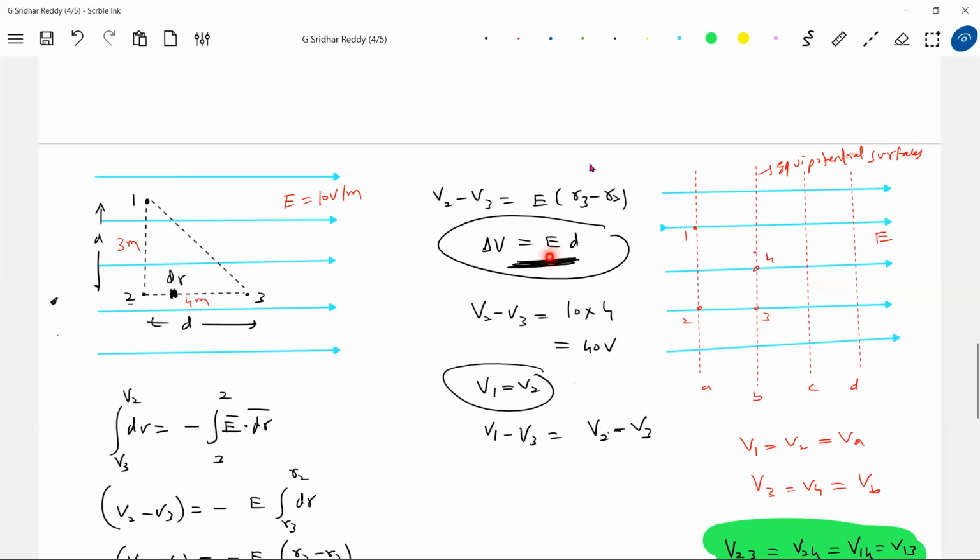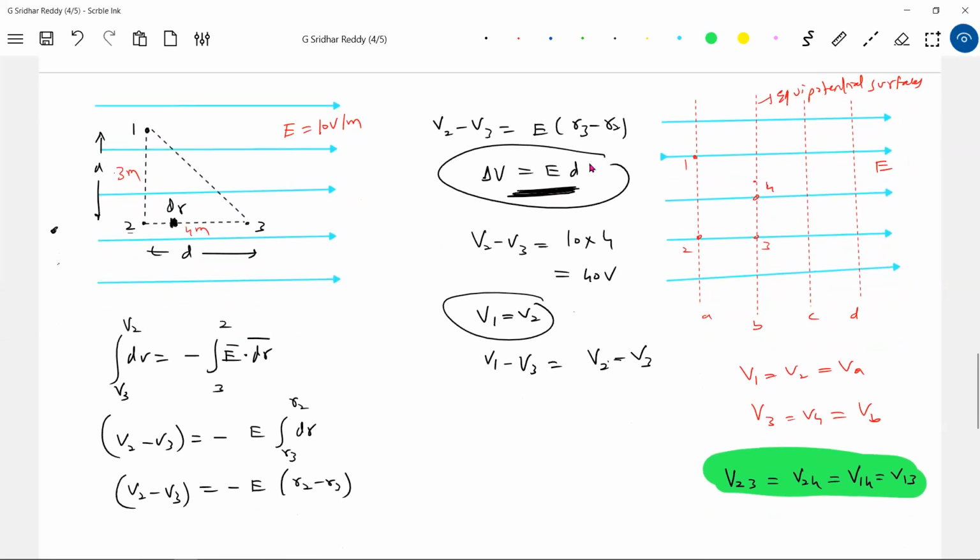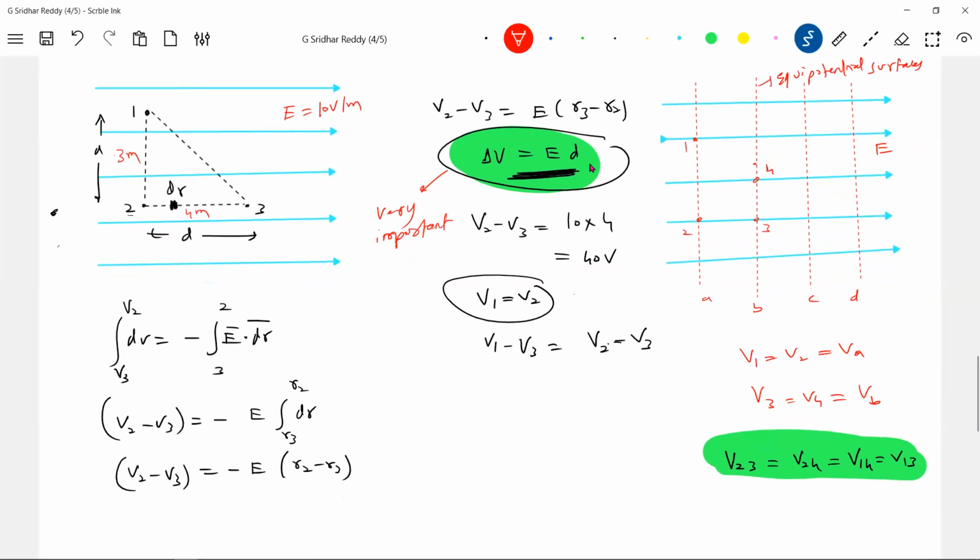Very, very important. In the coming 4 chapters I'll be using this to conclude such small things. We are doing so much of electrostatics. Please do remember, finally, what is the purpose of this electrostatics? To conclude such a thing. This is something very, very important. Please think 1,000 times on this one, because the coming chapters just revolve around only this idea. Most of the numericals and applications are uniform field.